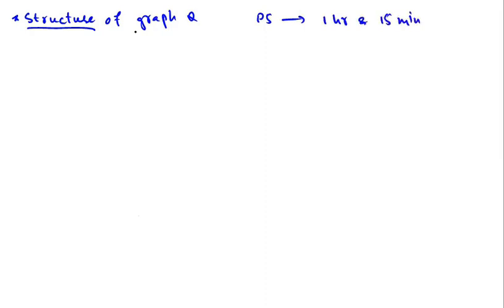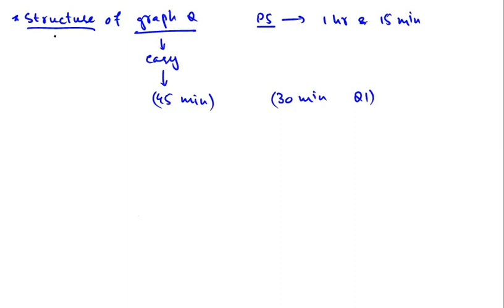And you should always start your paper 5 with graph question, because graph question is relatively easy, but it is time consuming. So you should try to finish it within 45 minutes and spare at least 30 minutes for your planning question, which is question 1 of paper 5. And this is only possible if you know and fully understand the structure of graph question. That will save you a lot of time and you will never feel lost while doing any part of graph question.